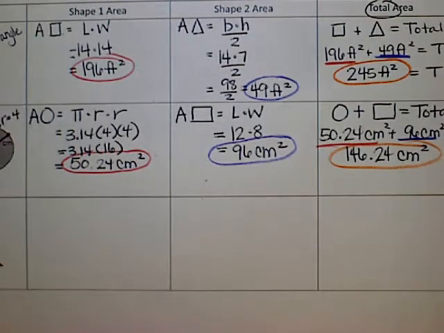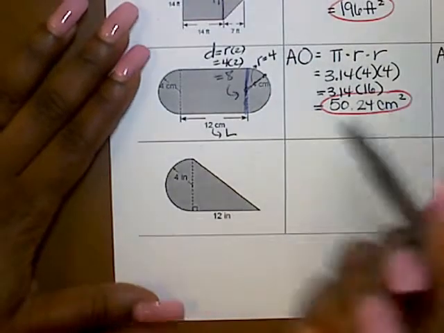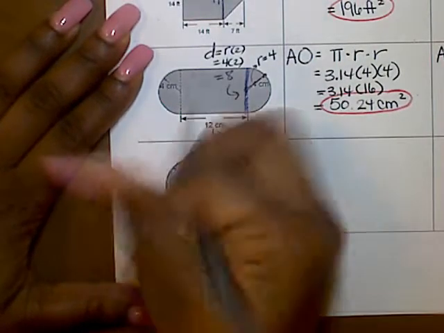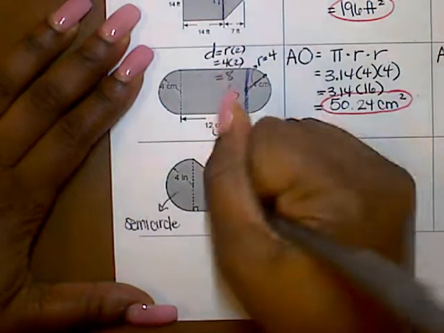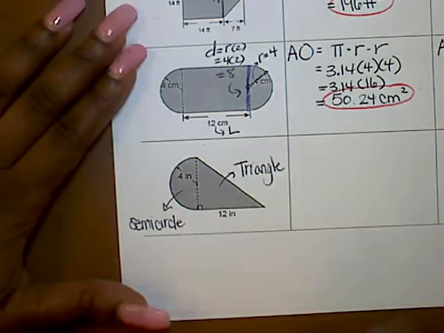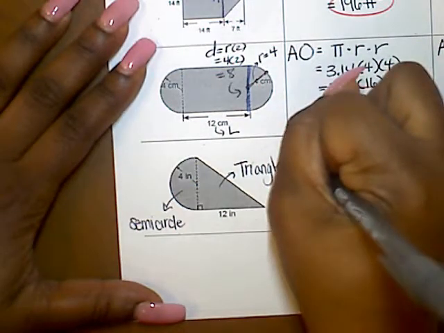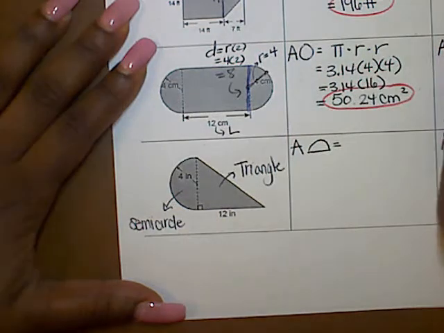The next problem. Again, pause as you need to make sure you get all this down. The next one, we have two shapes. So we have a semicircle and we have a triangle. So we have the area of a semicircle, which we know is half of a circle, and the area of